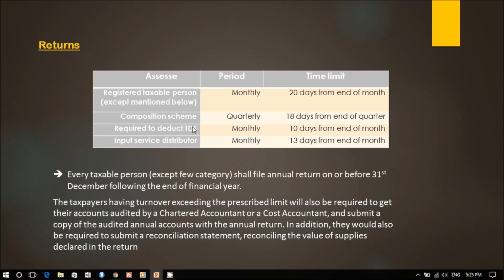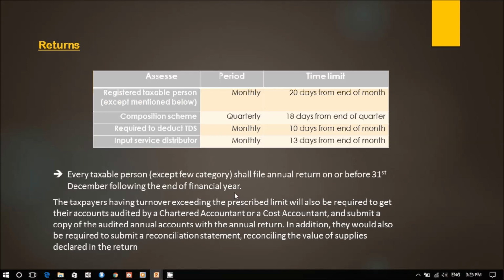Assessees who are required to deduct TDS under the provisions of TDS in GST are required to deduct the TDS, and they have to file the return monthly, and the time limit is 10 days from the end of the month. Input service distributors also have to file the return monthly, and the time limit is 13 days from the end of the month. Every taxable person except a few categories shall file an annual return on or before 31st December from